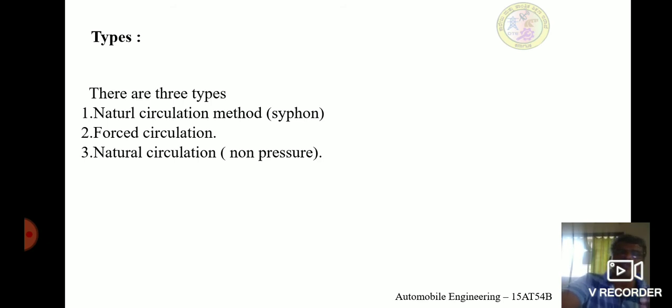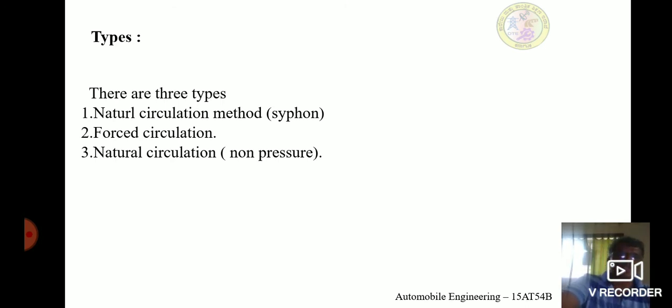When the density of water becomes less, hot water collects at the top. When the density of cold water is more, it collects at the bottom. In this way, hot water goes up and collects in the collector tank or storage tank, and cold water enters at the bottom of the tank.